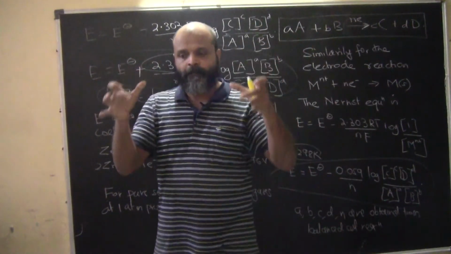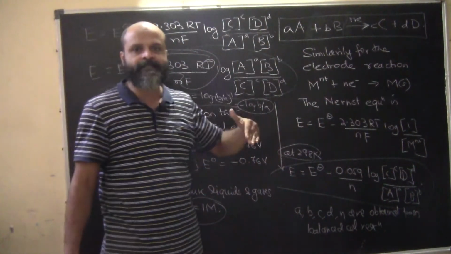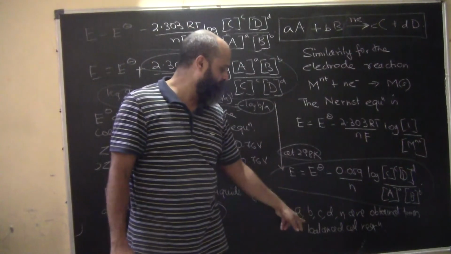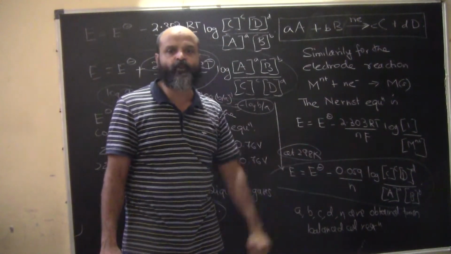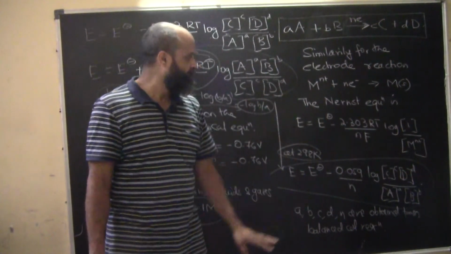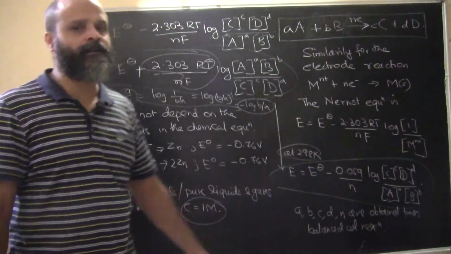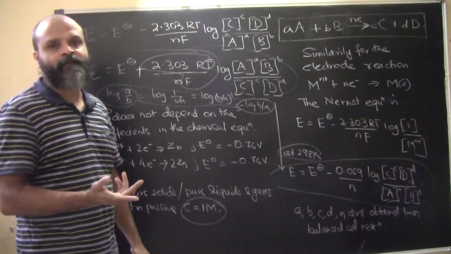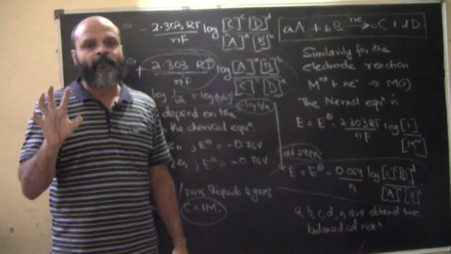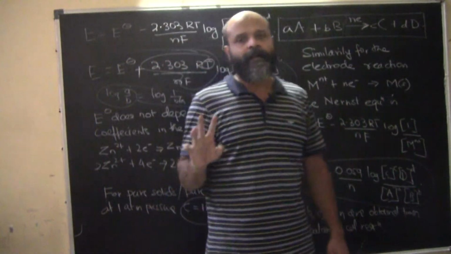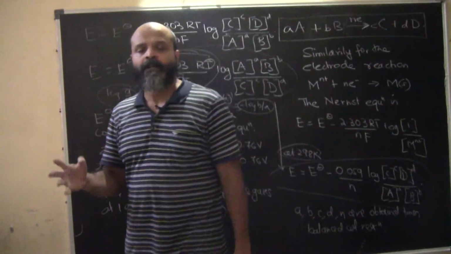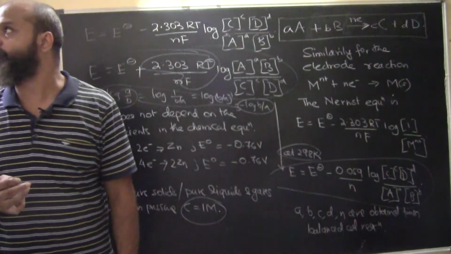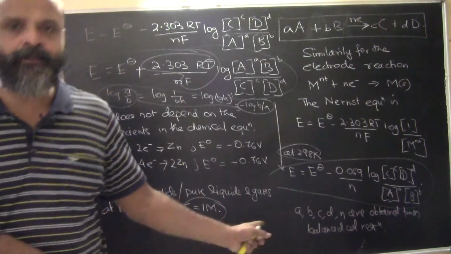Then we need to balance them out. We have seen how balancing happens. These are basically the coefficients of balancing. I hope this makes the Nernst equation a little clearer. We will deal with some numericals to have a clearer concept. First we will deal with basic numericals, and then we will go to the numericals which have been asked in different competitive examinations. So you can take a snapshot of the same.